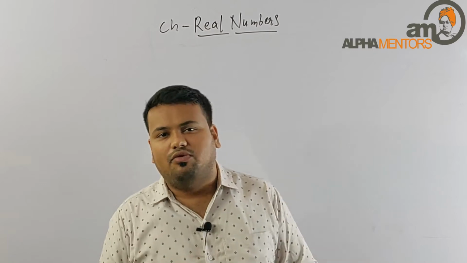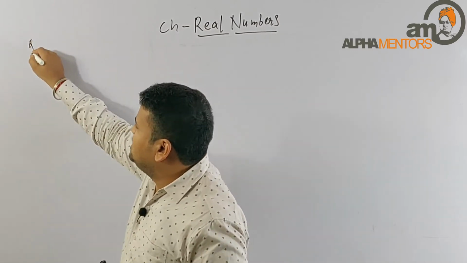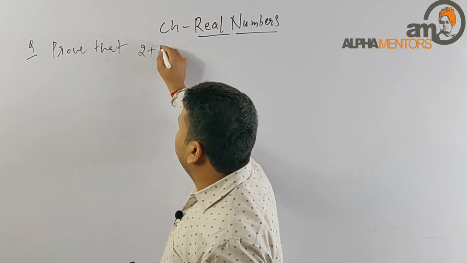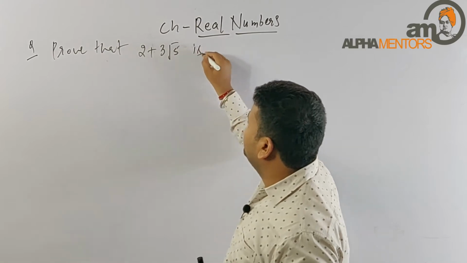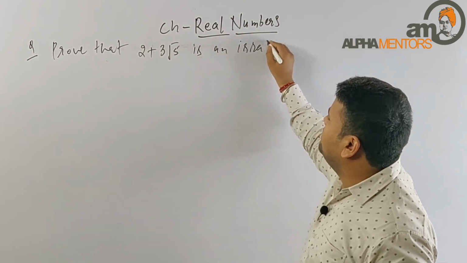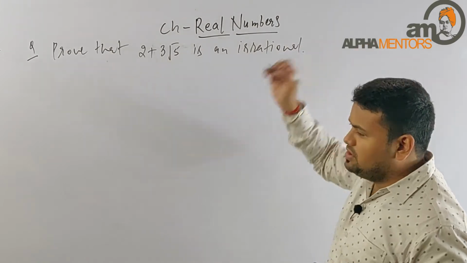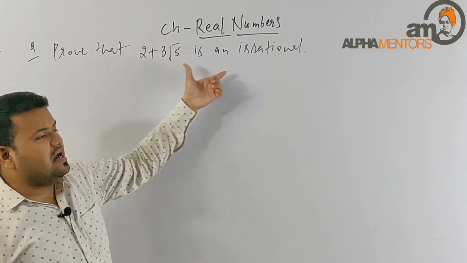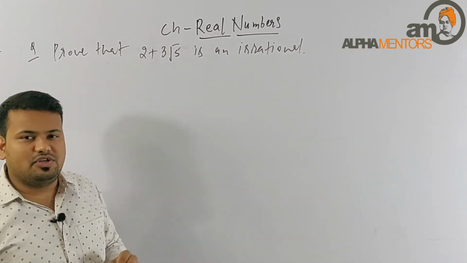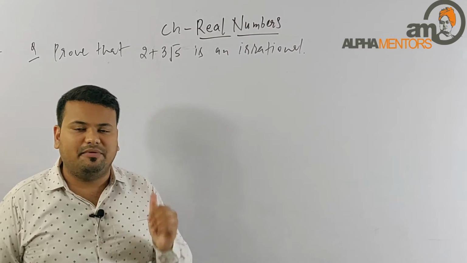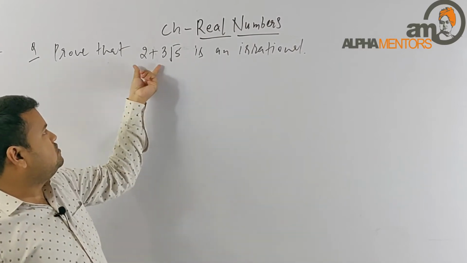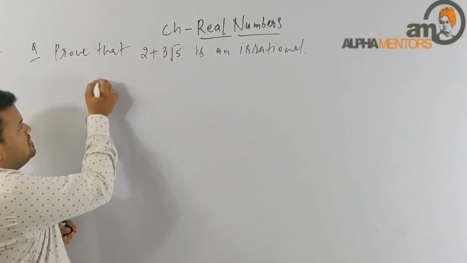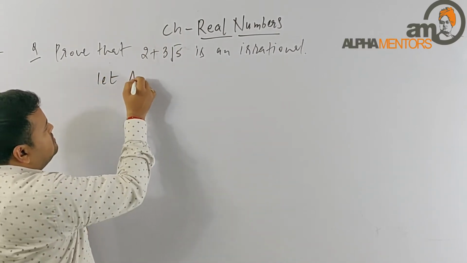Now in this question, the question structure is: prove that 2 plus 3 root 5 is an irrational. Now this time we have to prove 2 plus 3 root 5 is an irrational. प्रीवियस क्वेश्चंस में इंडिविजुअल root 2, root 3, root 5 पे डिस्कशन था। इस बार आपके रूट्स के साथ कुछ और नंबर्स के साथ कॉम्बिनेशंस है और इसको आपको इरेशनल प्रूफ करना है।